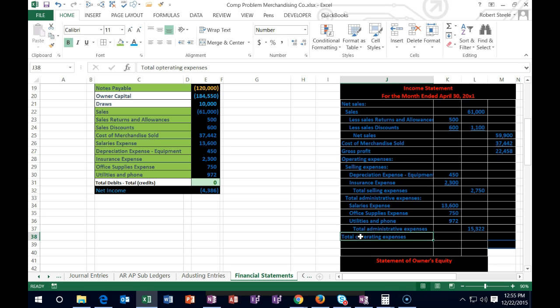And you might be saying, well, I should indent that like 6 times, but we don't usually indent that one out as you might think we should, but that's just how it works. And we're going to go to the end of this now. And once again, we're not going to move from cell to cell, or from column to column. We're generally only going to do things in one column. So the total operating expenses isn't going to jump from here to here, back to here. We're only going to be in this column, and we're going to sum up the two types of operating expenses,